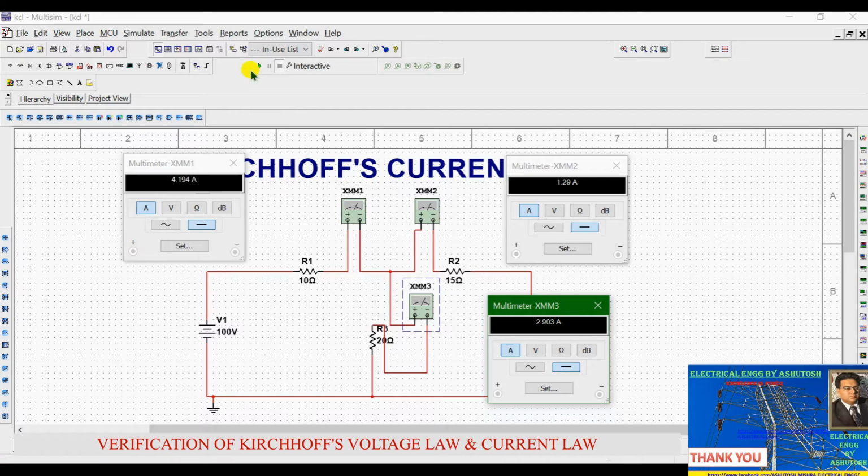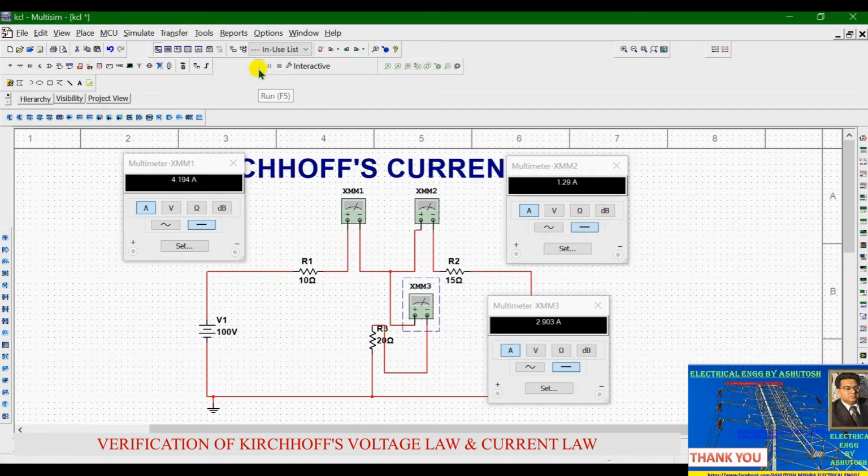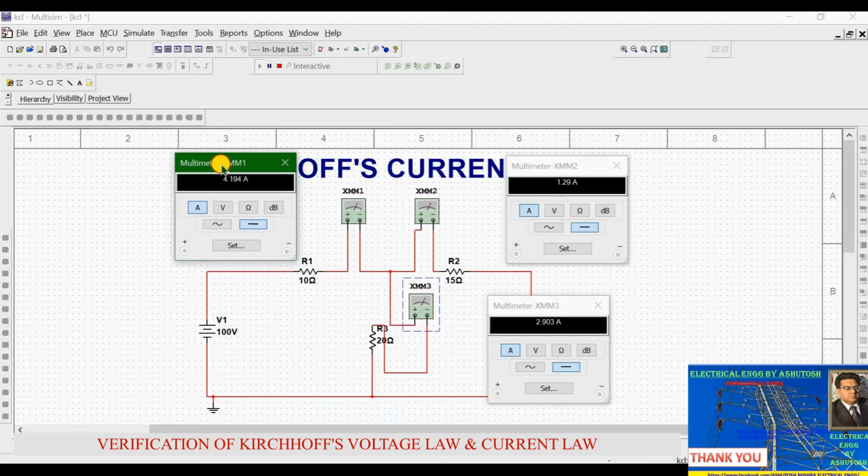Now we will run the simulation. You have the values of all the currents. The total current supplied by the battery is 4.194, and it is flowing through this 10 ohm resistance, and now it will be divided from here. This is the node.